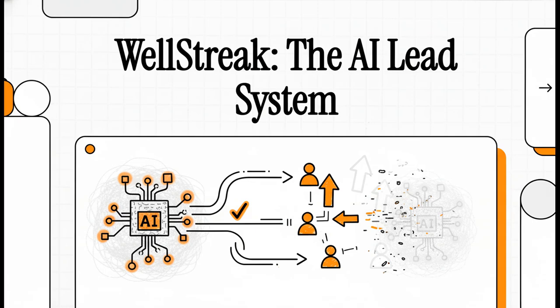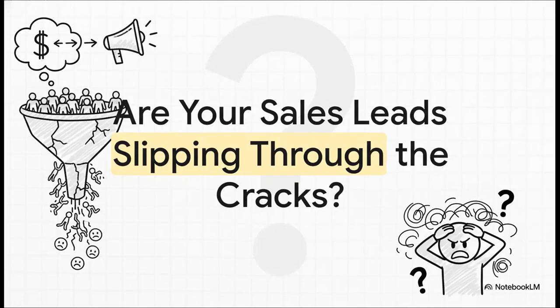All right, today we're going to dig into an AI system that's built to solve one of the most maddening problems in business: spending a ton of money to get new leads, only to have them just disappear. We're talking about the WellStreak AI lead system. So let me ask you, and be honest, does this sound familiar? You pour money into ads, people show interest, but somehow, by the time you get to them, they've gone cold. If you've ever had that sinking feeling that you're losing business before you even get to say hello, trust me,